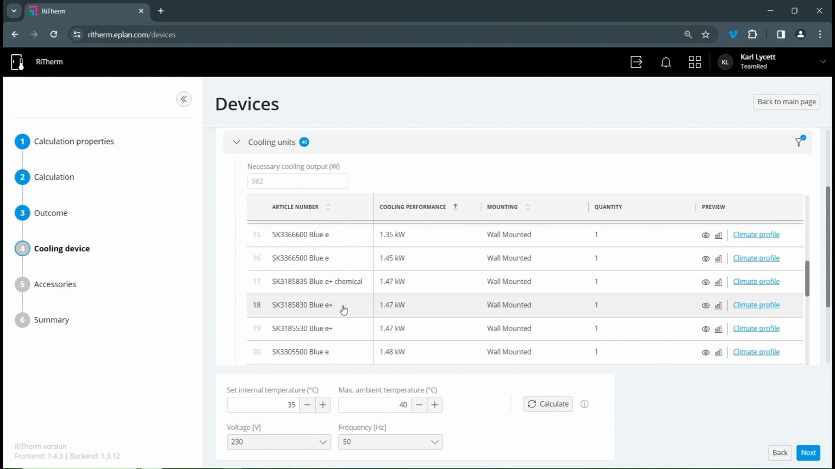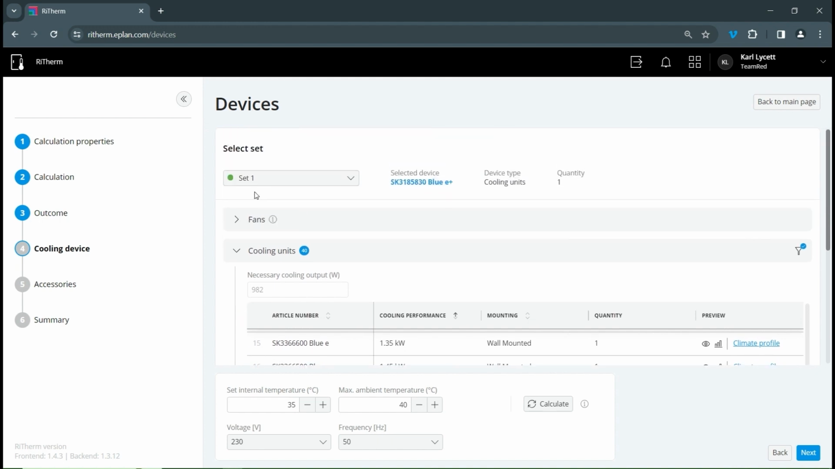3185830, which is a Blue E Plus cooling unit. If I click that now, it's highlighted. And if you look up here now, the orange on the set, which meant cooling device required, has now turned green, which tells me I have specified a suitable cooling product. And if you had obviously multiple sets, that would help you just quickly eyeball and make sure you had chosen